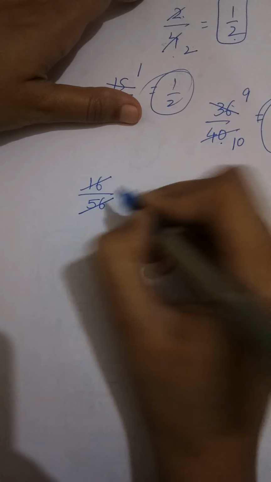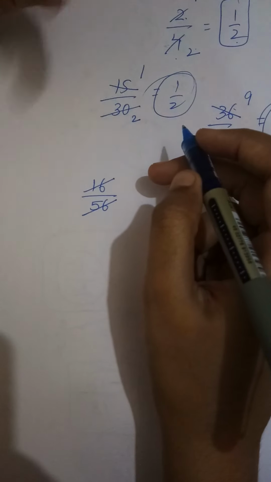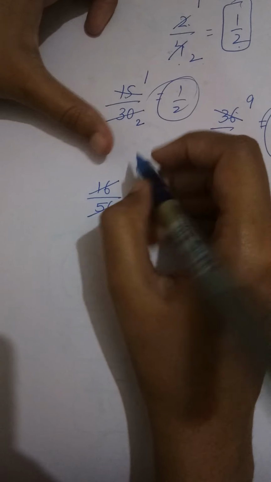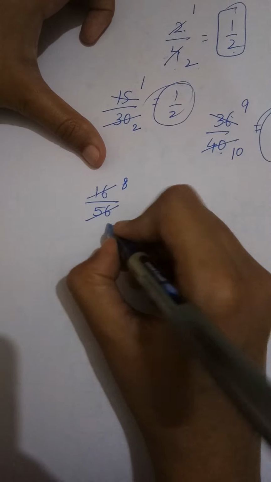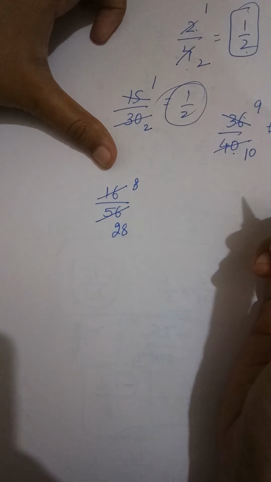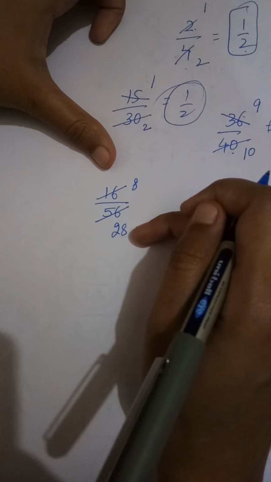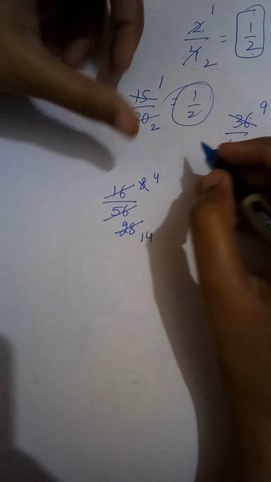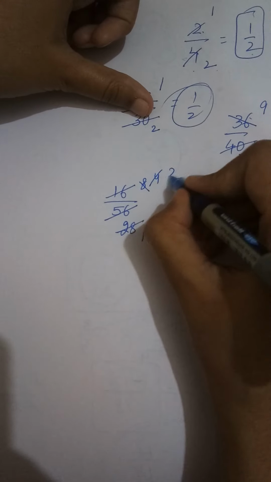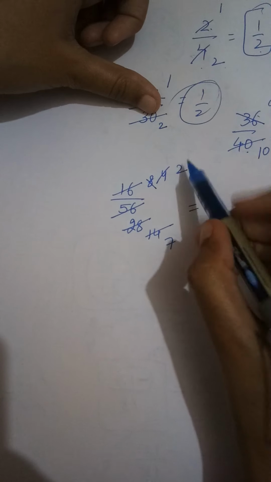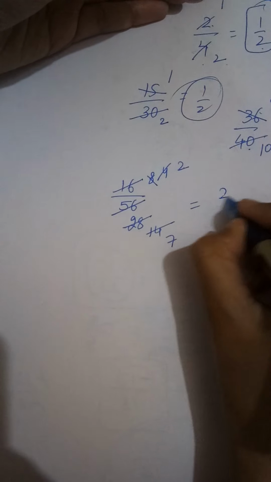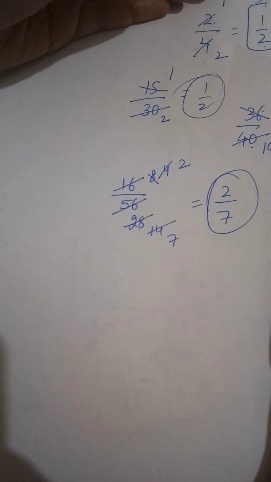Now what you can do is either you can keep on cancelling. Firstly on 2, then 4. Like this you can cancel it. Let's do like this also. 2 eights are 16, then it will be cancelled on 28. Now again I know that these two are getting cancelled. 2 fours are 8, and then this is cancelling on 14. Again it is cancelling on 2. 2 twos are 4, 2 sevens are 14. So now can 2 and 7 be cancelled? No, it cannot be further cancelled. So it will be 2 upon 7.